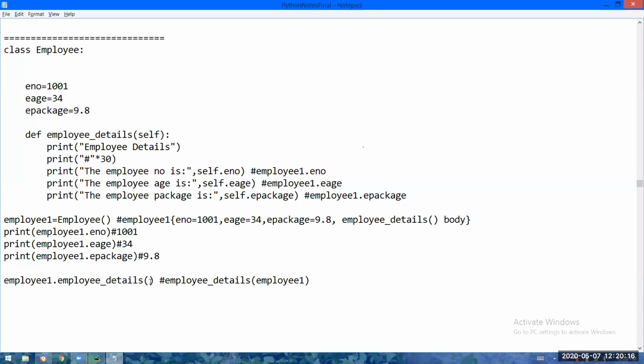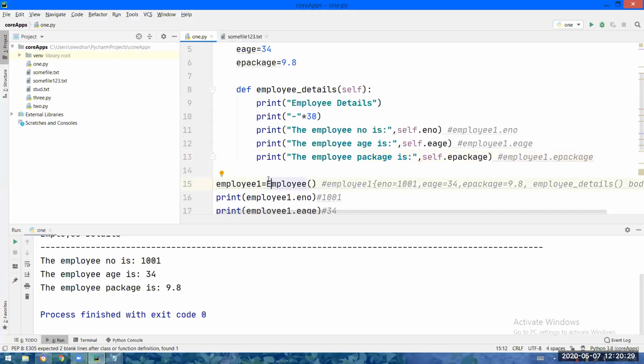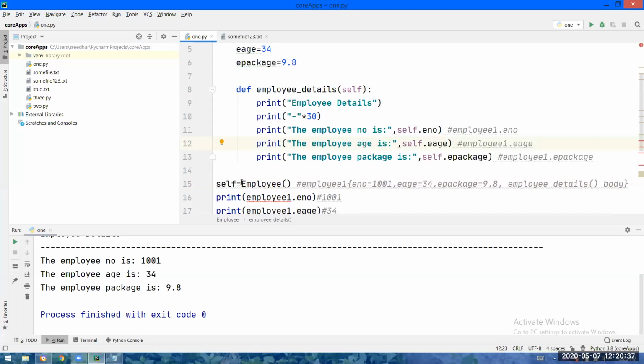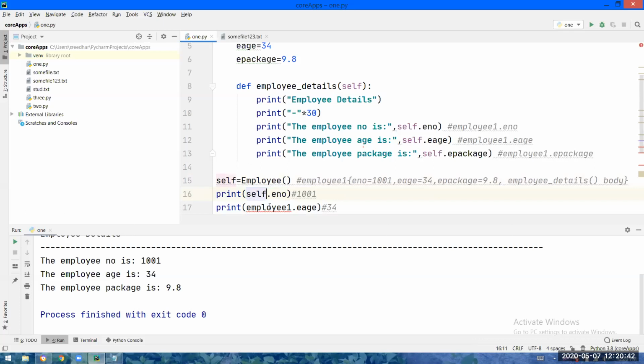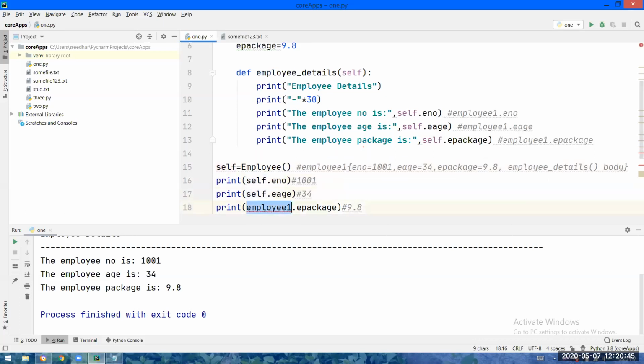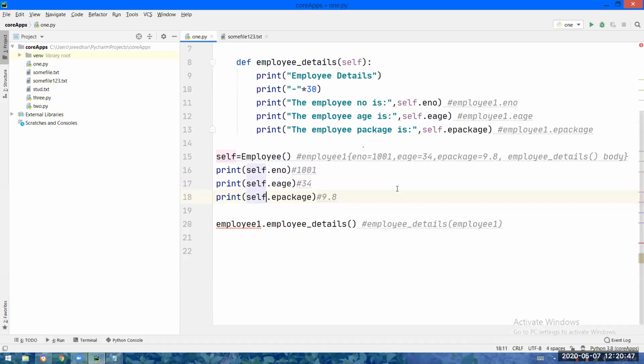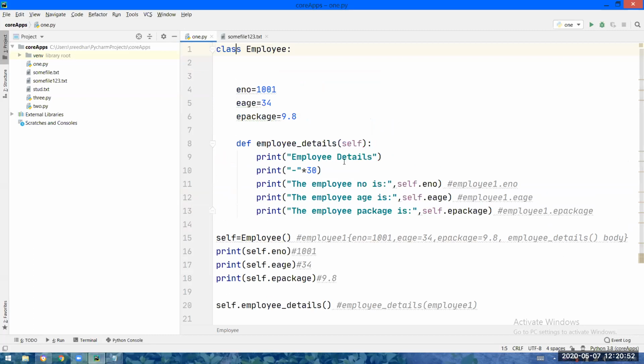Excuse me, madam. Yeah, please. Instead of object name like employee1, can we use self as object name for employee? You are telling that object name can be self. That's what you are telling. Yes. Generally, we won't do that, but see. Now here also self dot object dot variable name. So here object dot and here also you want to put self. Okay, let's run.